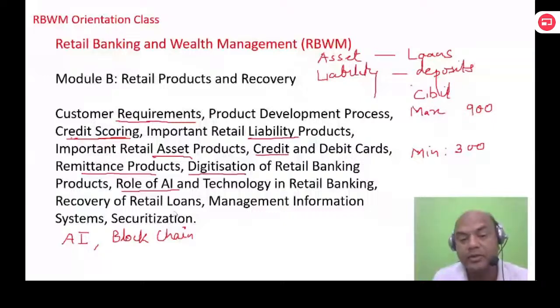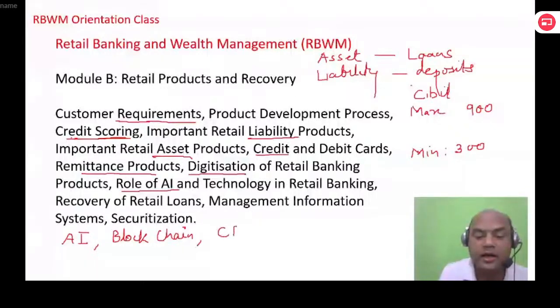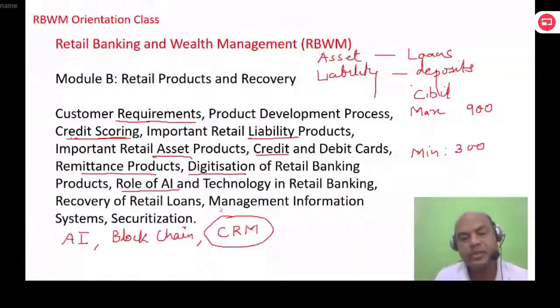So here you will be having CRM also, customer relationship management. CRM tool, are you using it? How many of you know or use this term called CRM? CRM, customer relationship management. Do you have this software in your banks? Okay, I'll give you one more simple question in CRM. Yeah, CRM you are having it, right? One more simple question, because many of the employees might not know that they are using it. We are actually using it, but we don't know. So what is CRM as such?